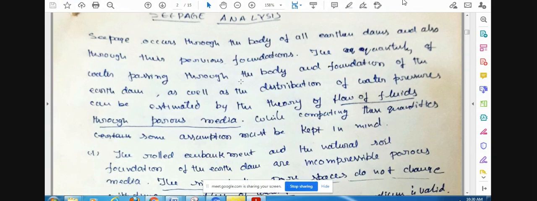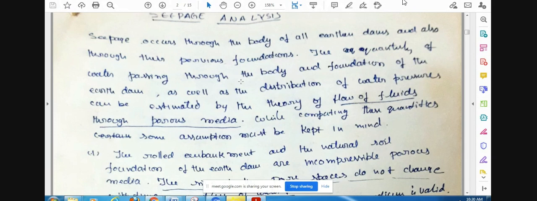The flow takes place in all directions. So if it is in all directions, it is difficult to quantify the seepage. So therefore we assume that the majority of the flow takes place in one dimension, horizontally, and then we quantify. If it is all dimensions, three-dimensional, it's very difficult to quantify. But actually it is three-dimensional, but the majority of flow takes place horizontally. So therefore we assume that the entire flow is in one direction only. Based on the assumption, we have certain types of equations, and we solve those equations to quantify the seepage.